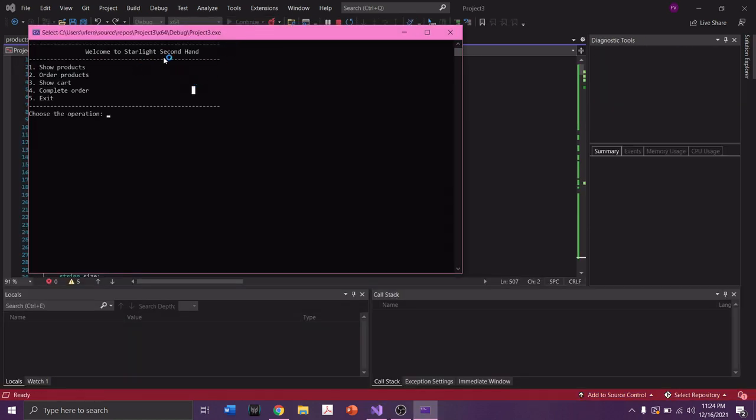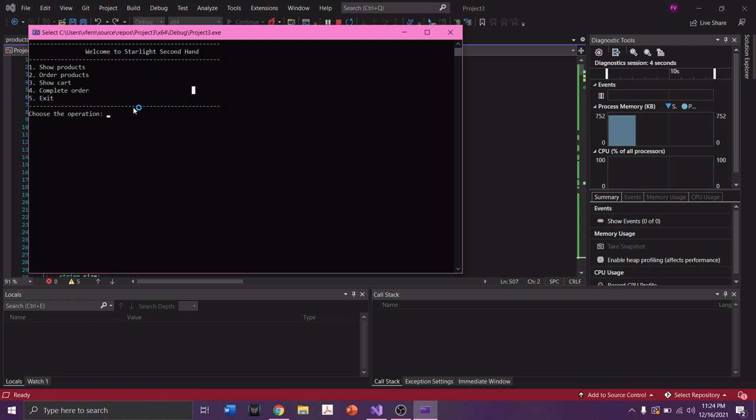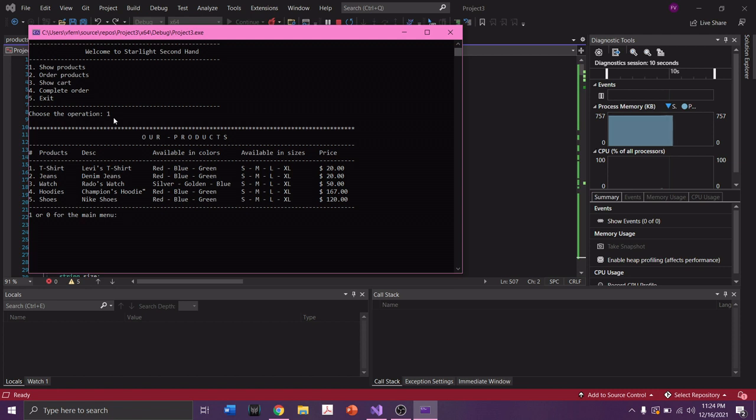So running the program itself, we'll go ahead and click this, and it'll go ahead and say welcome to Starlight Secondhand. We'll go ahead and type 1. It'll show our products, so number 1, 2, 3, 4, 5, and then products: t-shirt, jeans, watch, hoodies, and then it'll have the description, so Levi's t-shirt, denim jeans, Rados watch, Champions hoodie, Nike shoes,